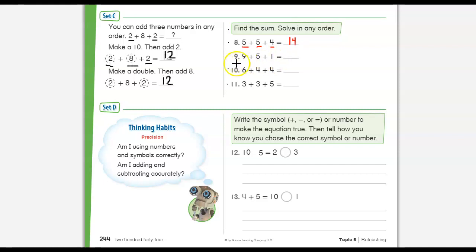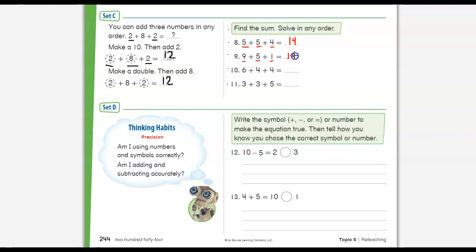Okay, let's look at number 9. We had 9 plus 5 plus 1. I think I would add together the 9 and 1. 9 plus 1 is 10. And then add my 5. 10 plus 5,